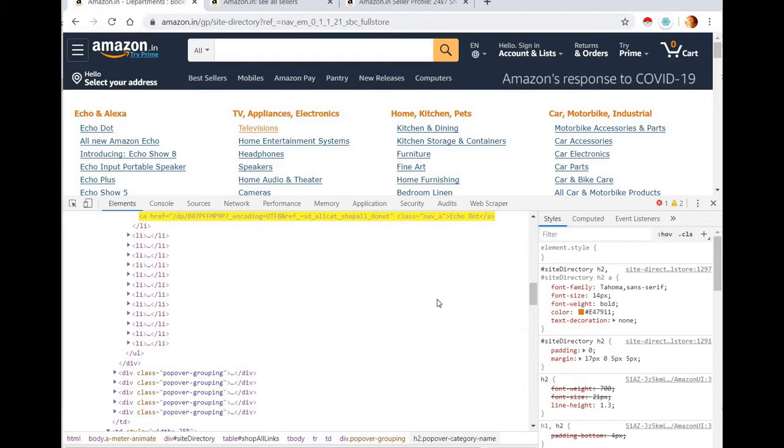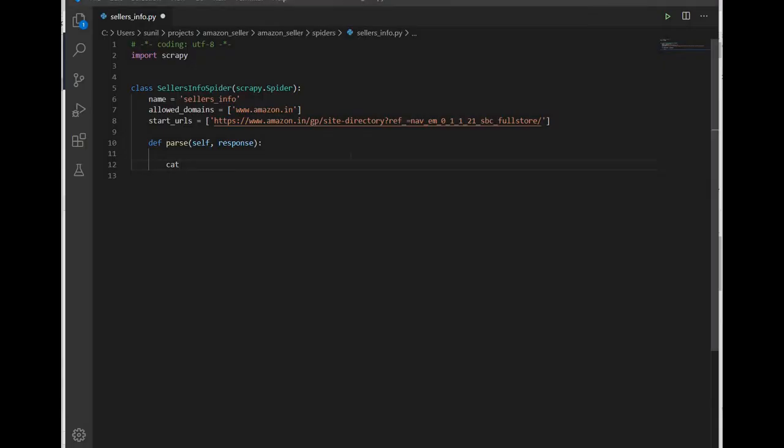Here you go, 265 categories are available, but these are Amazon products, and for some of the products the category IDs and node IDs will not be there. Wherever the node ID is there, we're going to extract sellers information from those categories. So this is the path which I got. Now I'll go back to the script.